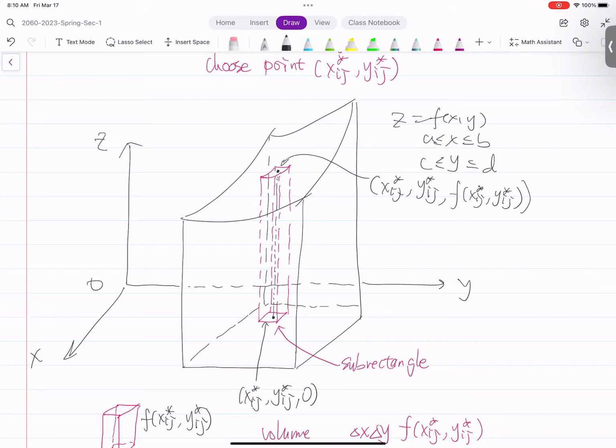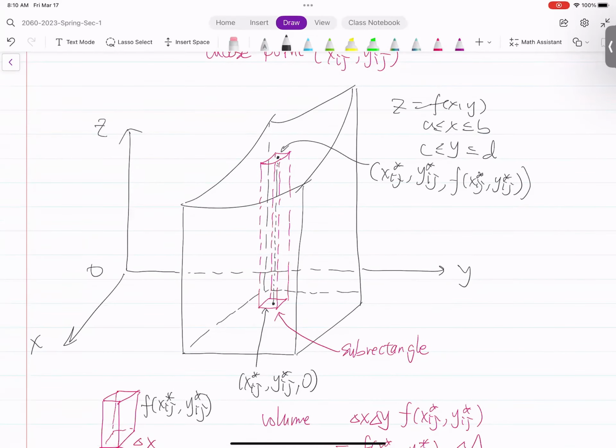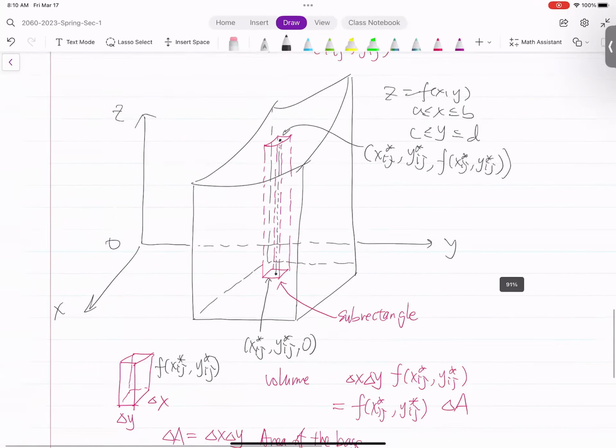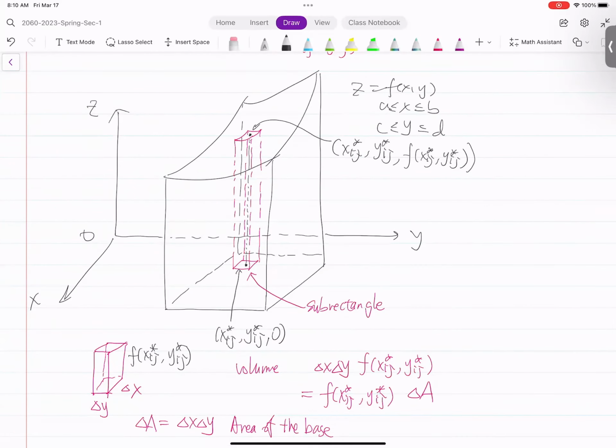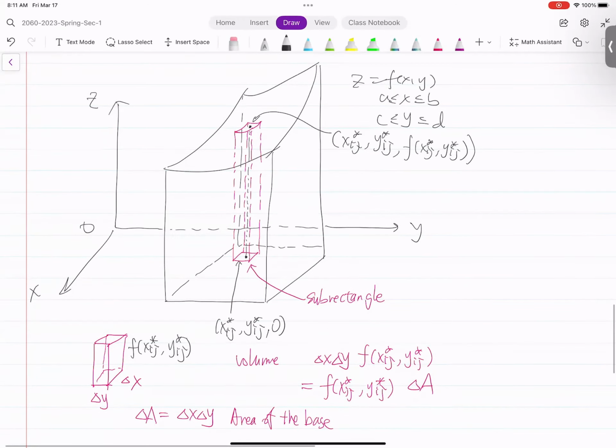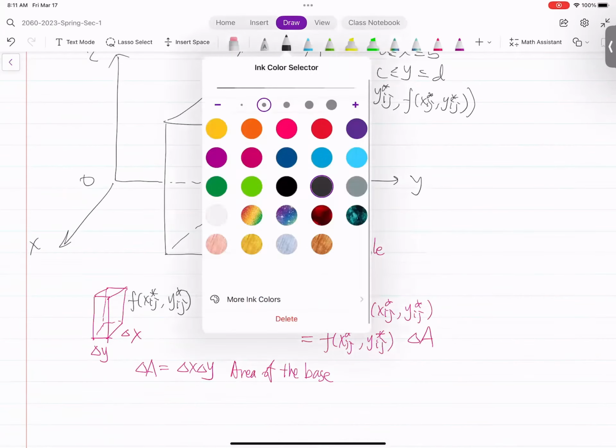And I need a bracket. So this is a couple. And now, here, this is just given any one of the m times n vertical solids, we estimate each one like this, okay? And then what we're going to do, we're going to sum up and we take the limit. So the approximated